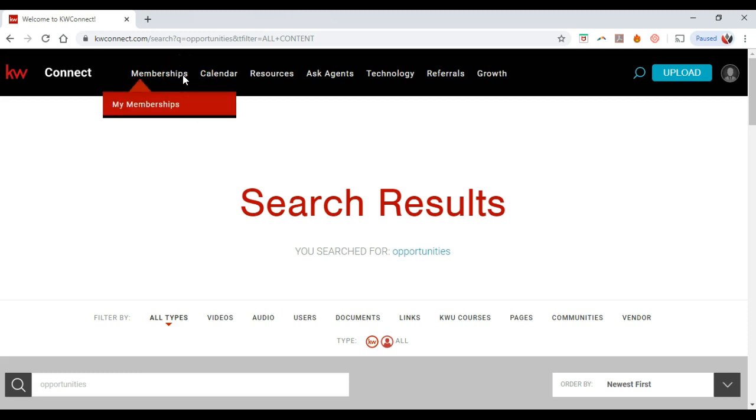Now up here at the top, you can also access all the different memberships as well. Under the membership section, you can go through and learn more about the luxury division. You can learn more about land. You can learn more about the commercial division. All the different membership opportunities that are available for you. So if I click on this My Memberships option, for instance,